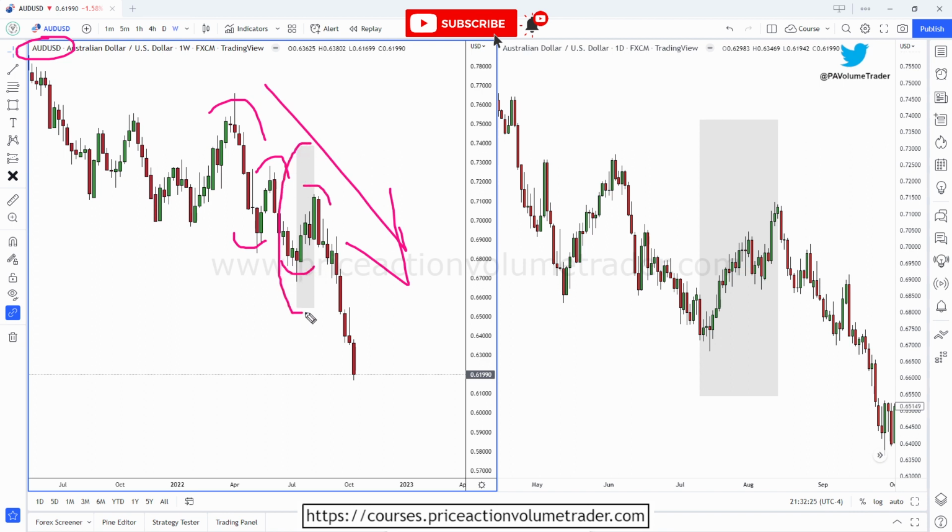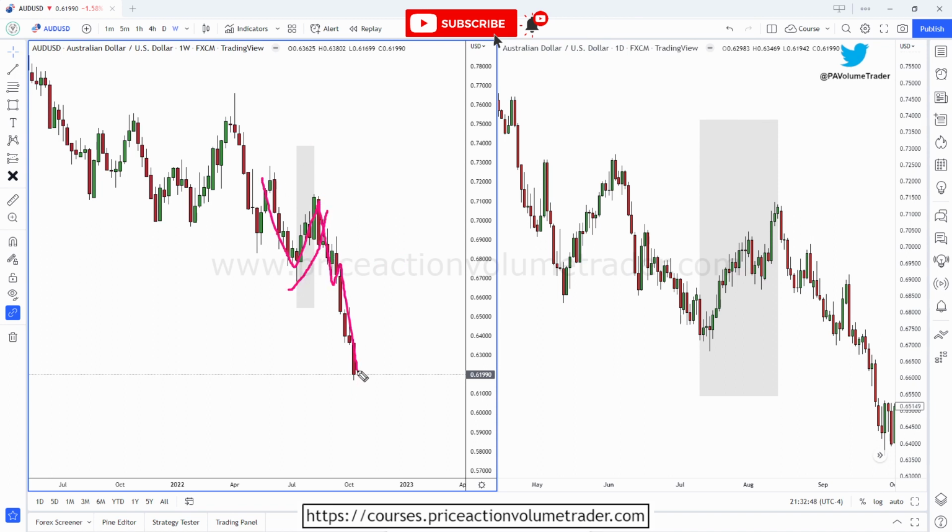And this gray area that I have on the weekly, if we go into the daily, now instead of 1, 2, 3, 4, 5 weekly candles, now we have 25 daily candles for the same period, and you can see how this retracement within this trend to the downside,